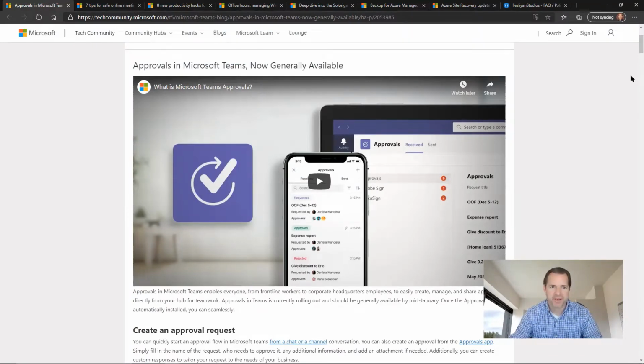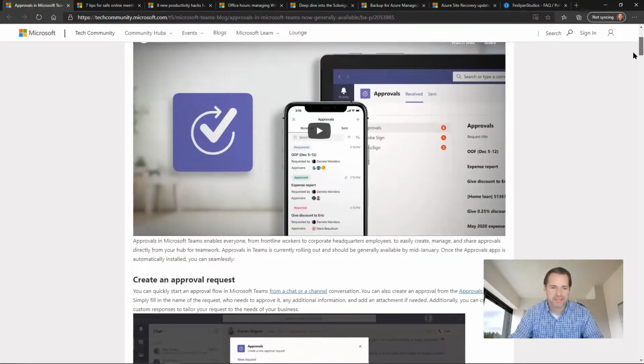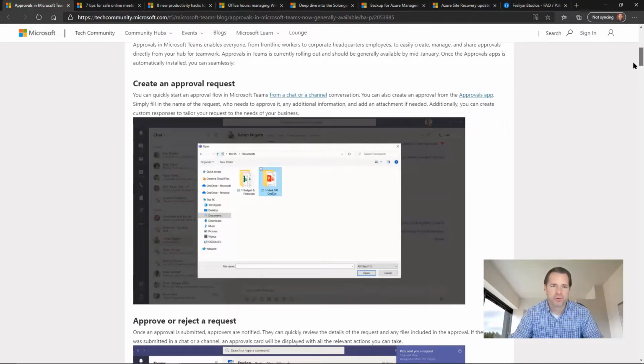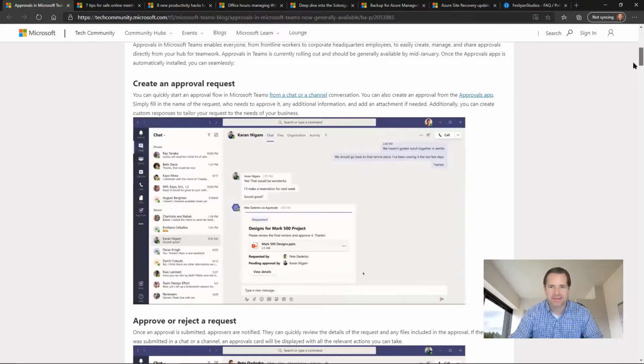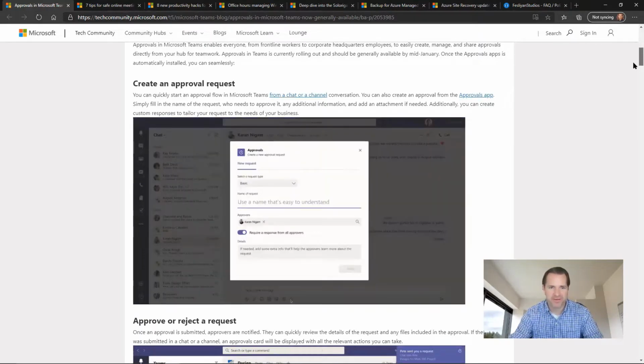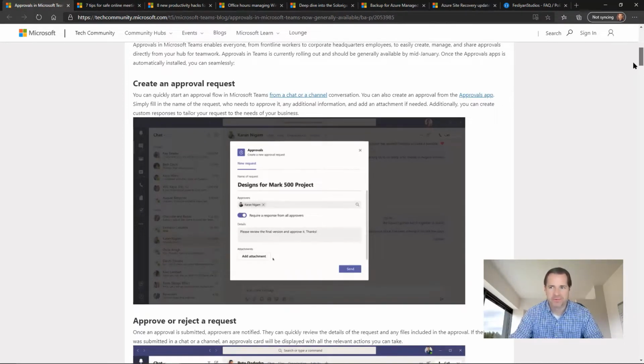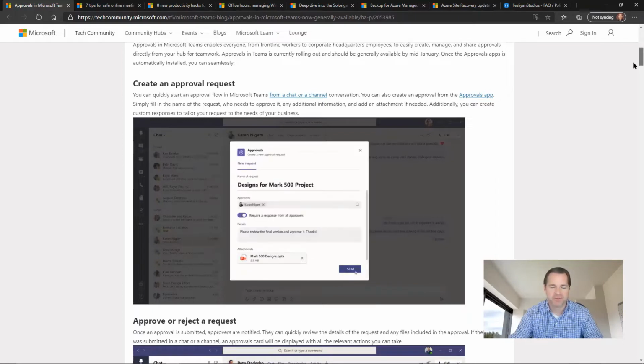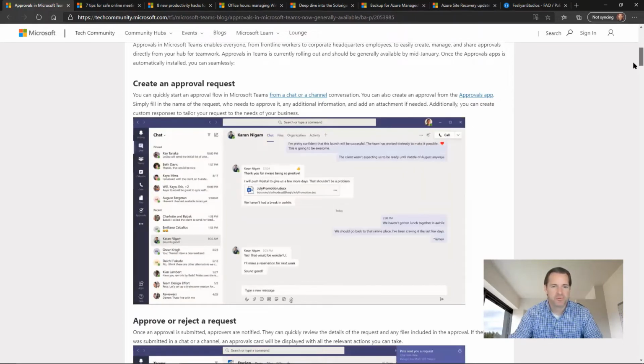Approvals in Microsoft Teams now available. This has been in preview for a while, now available in the Teams app, and allows you to create an approval workflow based on assignments, files, and other different types of artifacts. For example, if you wanted to make some changes to a document or have approval on document creation, modification, etc.,